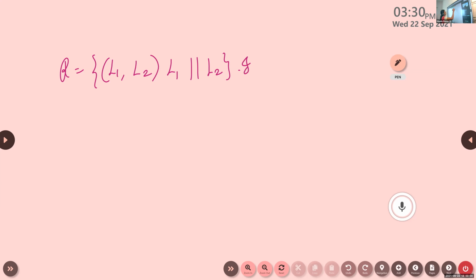If L1 is given by y is equal to x minus 4 (sorry, not plus, it is minus), then L1 is y is equal to x minus 4. Okay, the line L1 is given like this. Then, which of the following can be taken as L2?